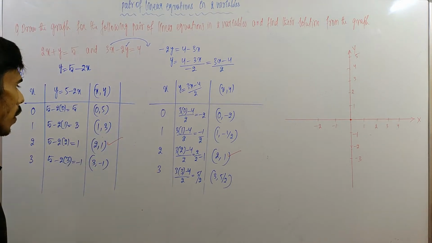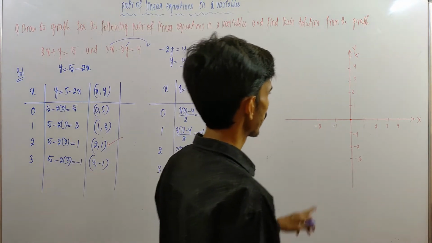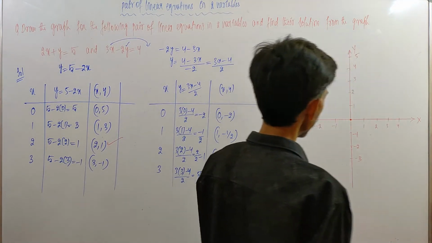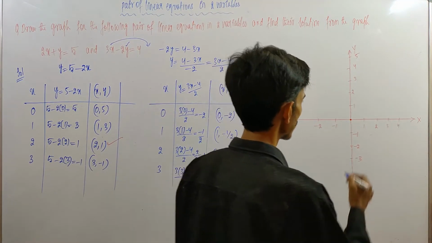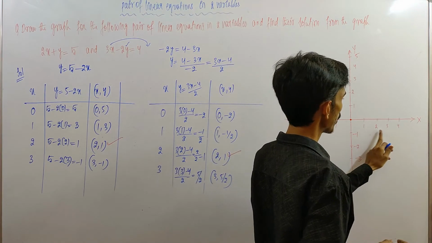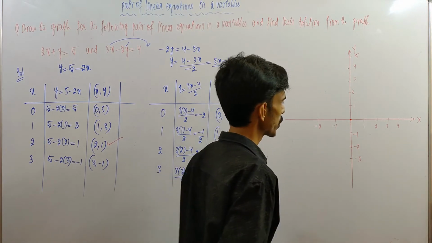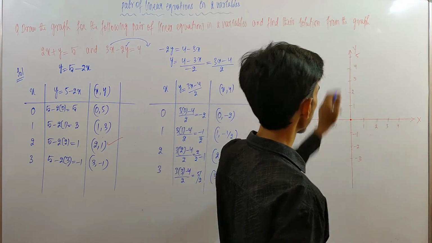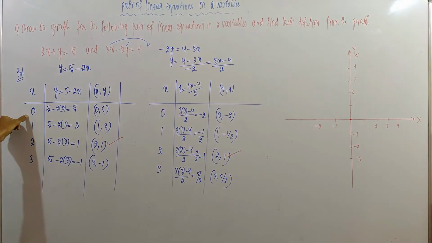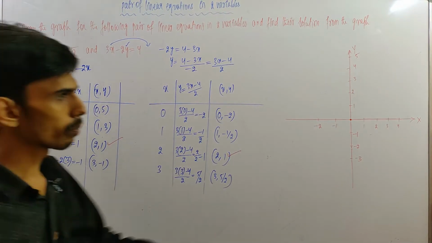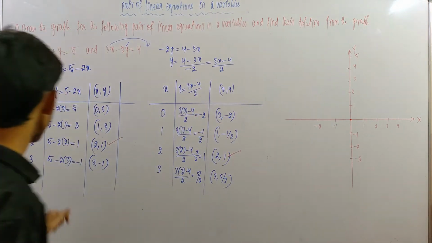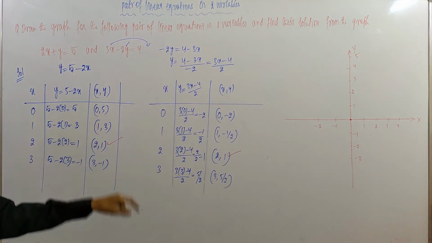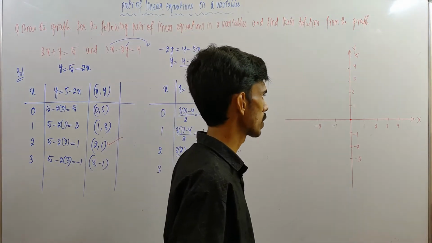Now we have got all the ordered pairs of this question. Now let us plot in the Cartesian coordinate system. We have this Cartesian coordinate system. This is the origin. Here we have taken 1, 2, 3, 4. Here minus 1, minus 2. 1, 2, 3, 4, 5. Because here we have taken 0, 1, 2, 3, so up to 3 we have to take. Here we have the maximum value as 5, so I have taken 5 as the maximum value.